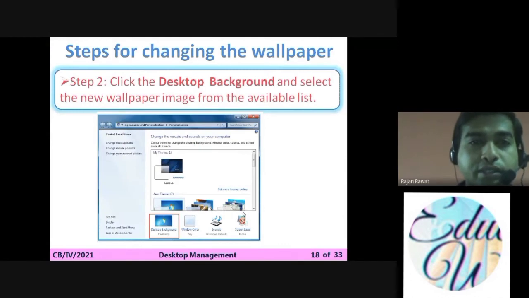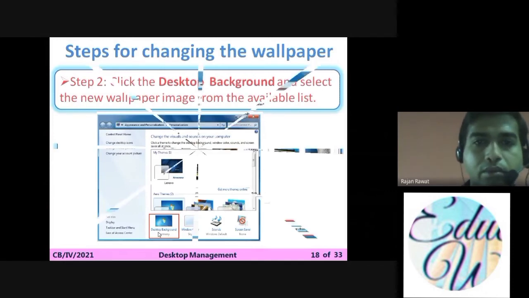Now the second step is to click the desktop background and select the new wallpaper image from the available list. You can select it as given in the figure. You can see desktop background is there. You have to click on it, then select the wallpaper from the available list.